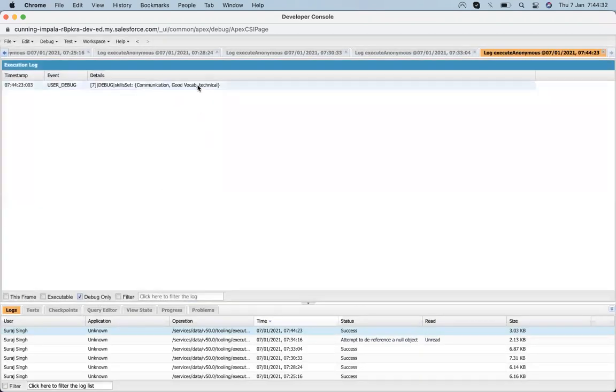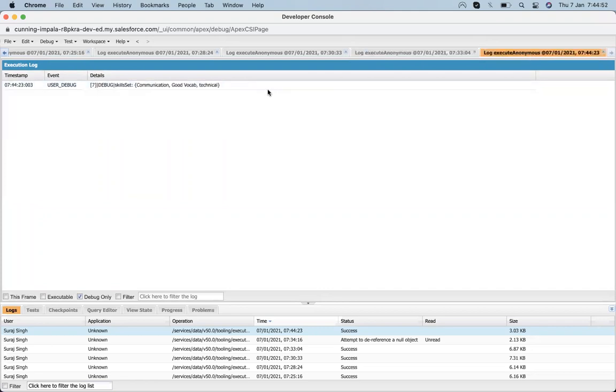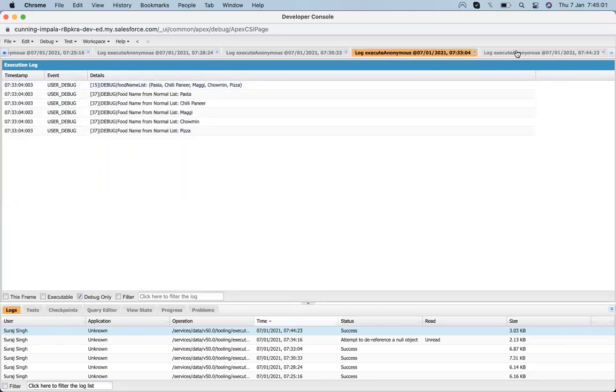Okay, communication, good. You can see that it gets arranged, meaning it got arranged according to alphabetical order. And one more thing you can see is that when we declare a list, it comes in normal brackets, and once we declare a set, it comes in curly braces. Okay, so that's also an identification between a set and a list.